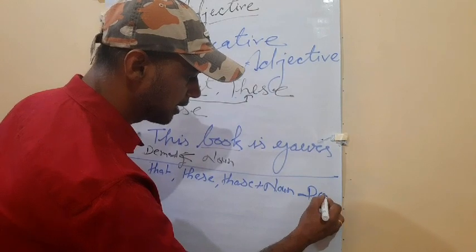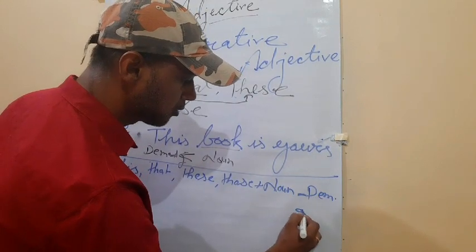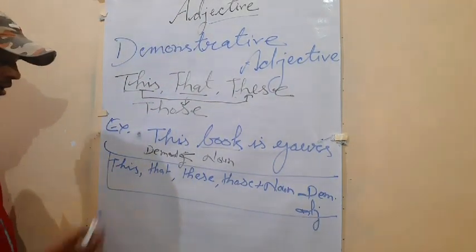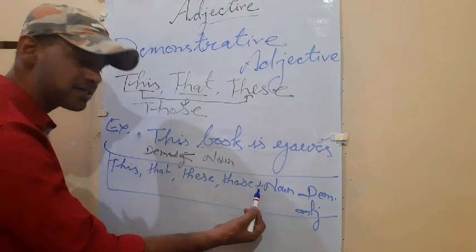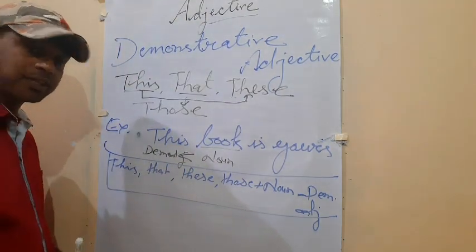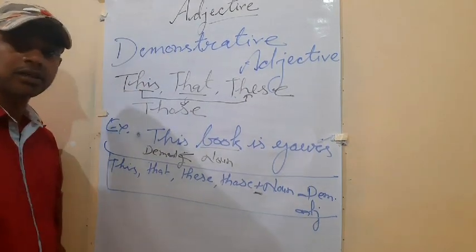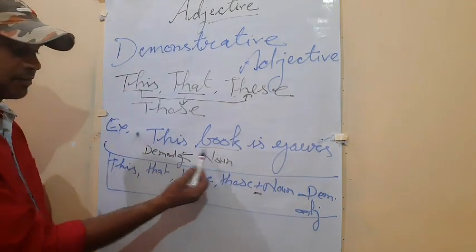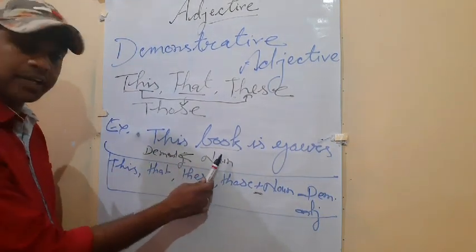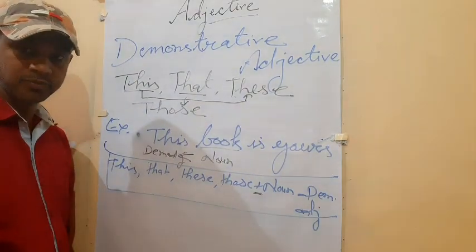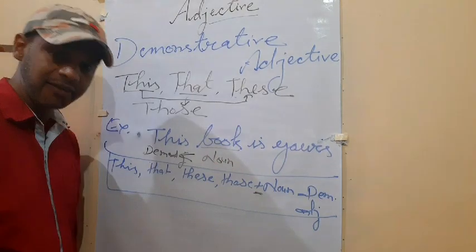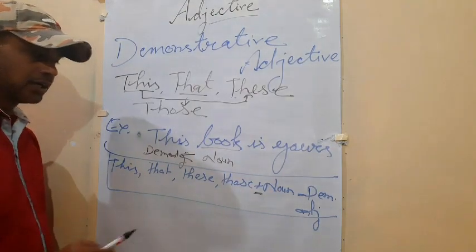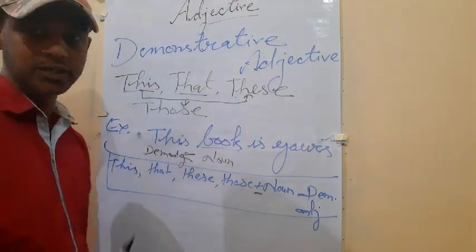After that, it is known as a demonstrative adjective. This, that, these, those plus noun. Noun is a must. A noun should come quickly after it, as in the example I have written here. After this, a noun has come, so that is the demonstrative adjective. If a noun does not come, then it will be considered a pronoun. So it is very important that after this, that, these, those, a noun should come.